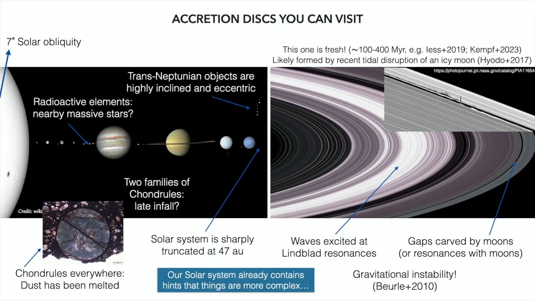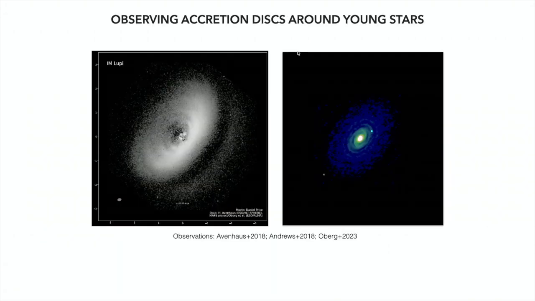And what's beyond 47 AU is spewed onto these eccentric and inclined orbits. And it's not obvious why that should be, but I'm going to give you a good reason why that might be. All right, so what's new, and I would never have dreamed that we'd see things like this,